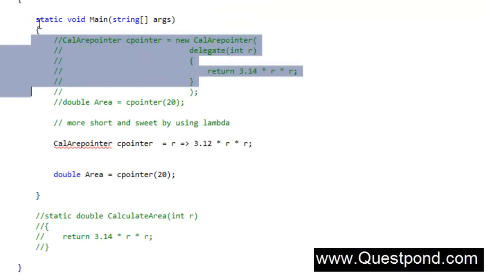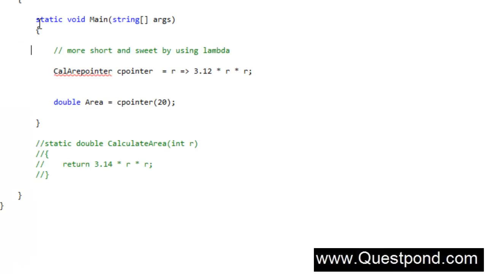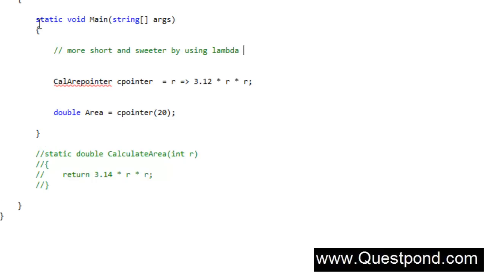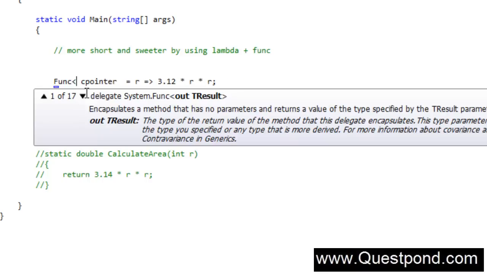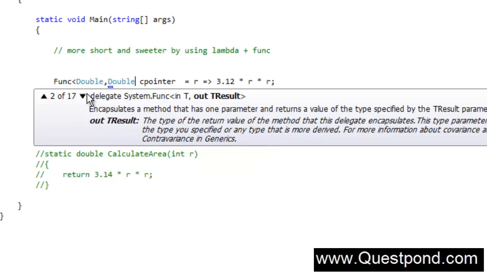So let's go ahead and delete all of these things, because we're going to make our code shorter and sweeter. So let's see how we can use Lambda plus Func. In this we're going to see how we can use the generic delegate called Func and minimize our code. Now what basically is a Func here? Okay, now Func is nothing but basically a generic delegate. It's a ready-made delegate, and with this ready-made delegate you can define inputs and outputs of different data types. For example, for